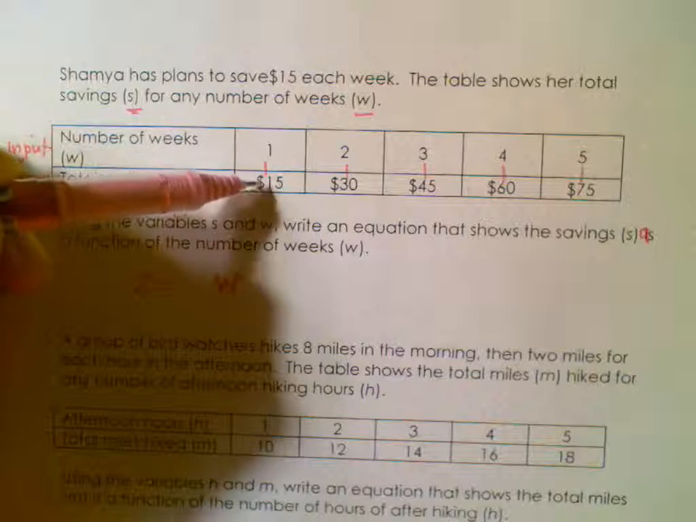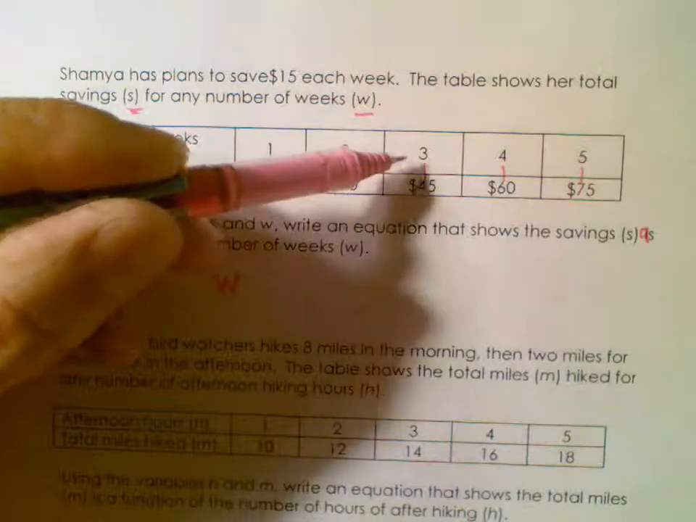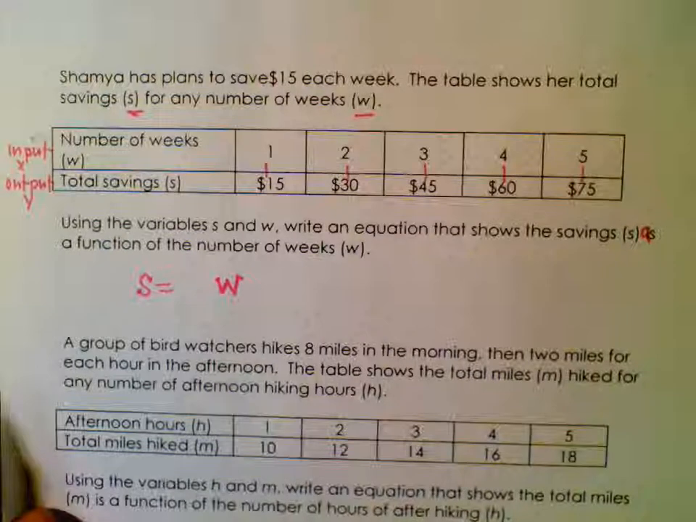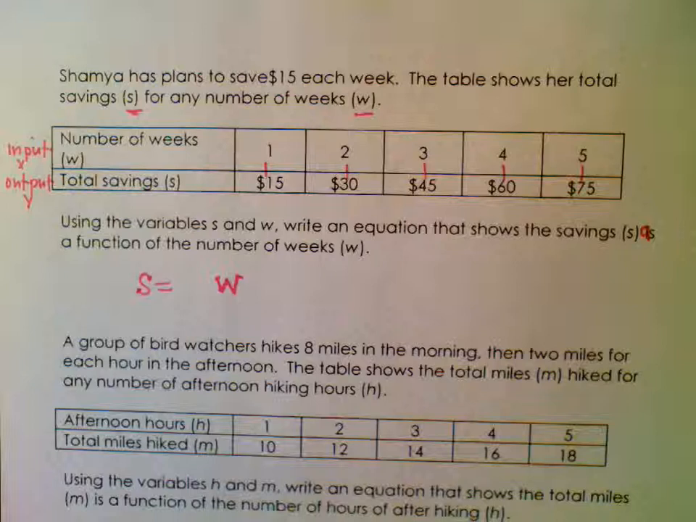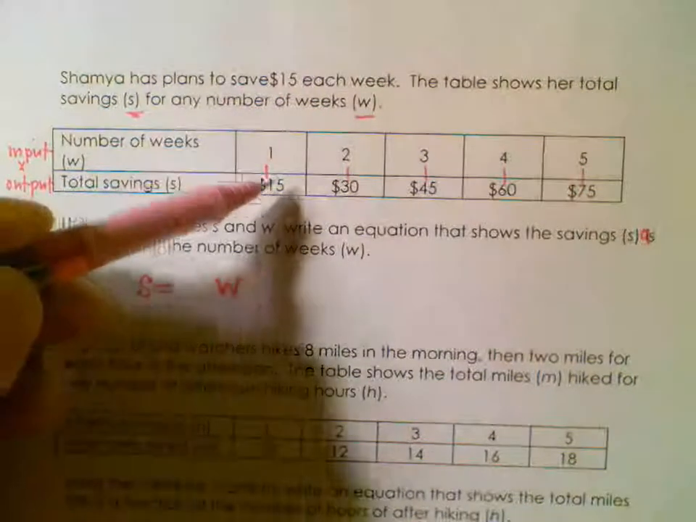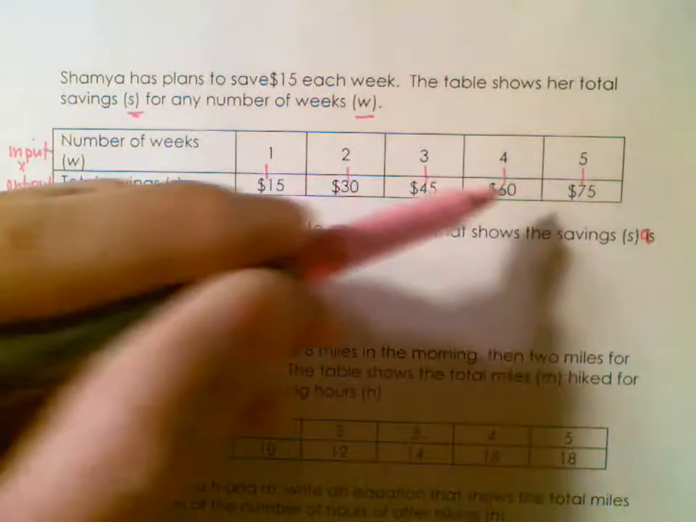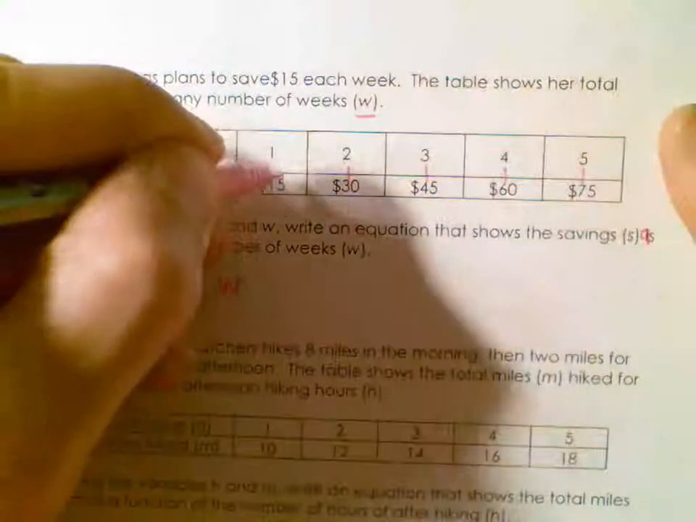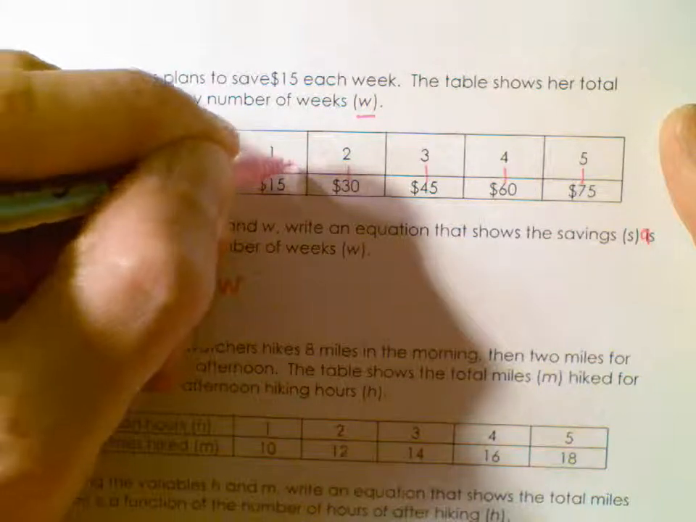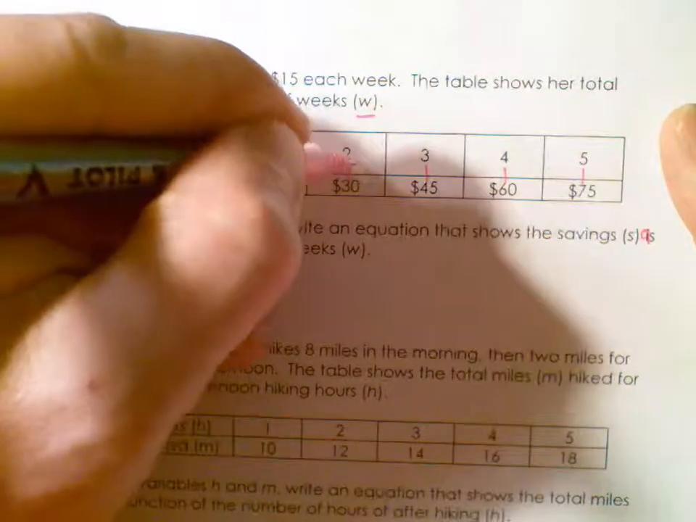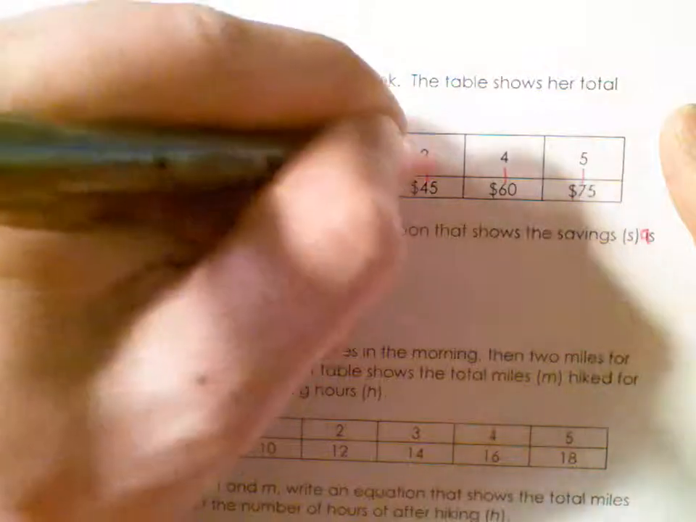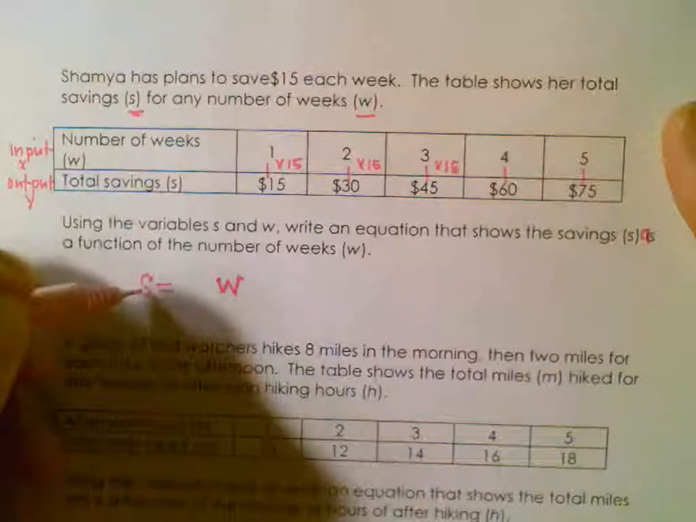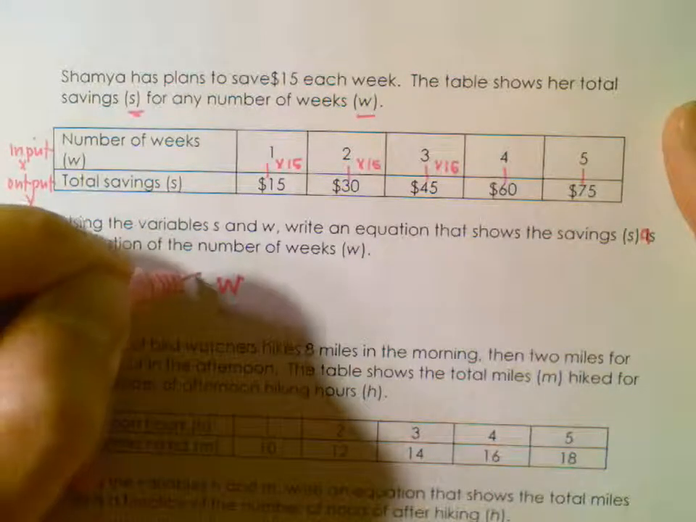Well, if W is 1, 15, 2, 30, 3, 45, what is the relationship between that? What are we doing to each W to get to total savings? Well, if you notice 15, 30, 45, 60, 75, they go up by $15 increments. So what I'm doing is multiplying it by 15. 1 times 15 is 15. 2 times 15 is 30. 3 times 15, 45. So what am I going to do? S equals 15